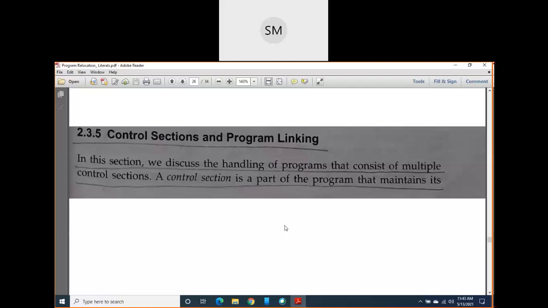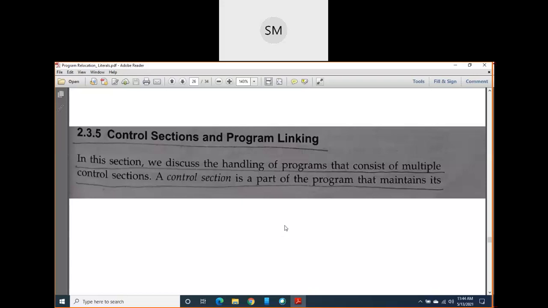Now in program blocks, this is the scene, right? But in control sections, what happens? Control sections are also different parts of a program, but they will maintain their identity even after assembly, I mean after the conversion of high level to low level, after the generation of object code also. I will come to that point later, don't worry about it. So the main difference I am telling you: in the program there may be again 3 control sections. For 3 control sections you will write 3 object programs separately.